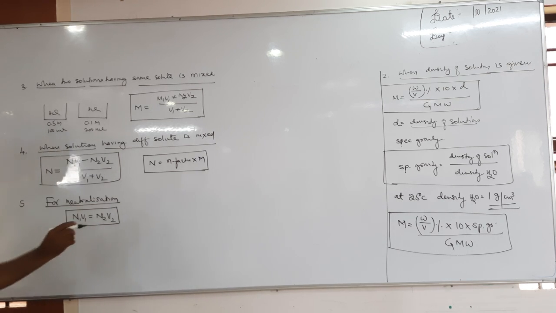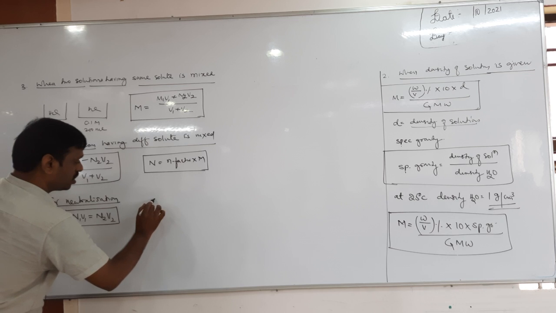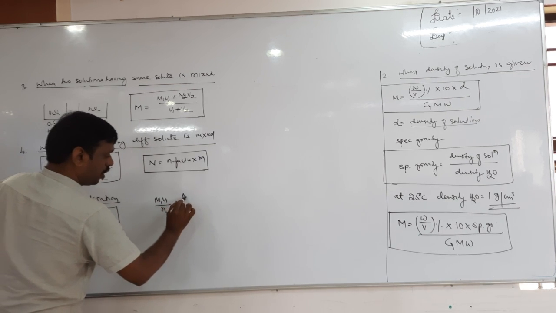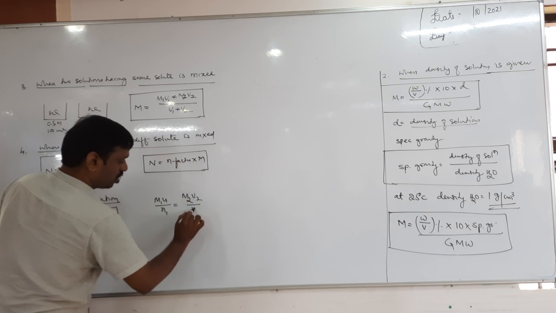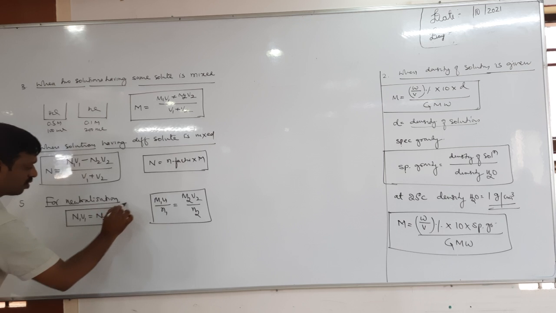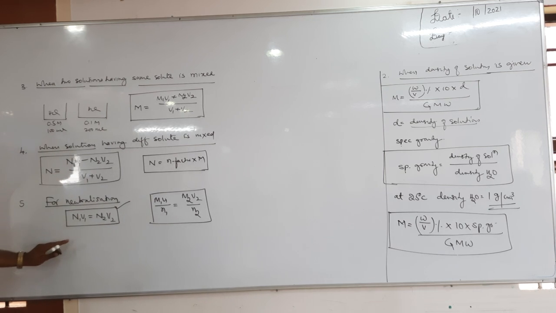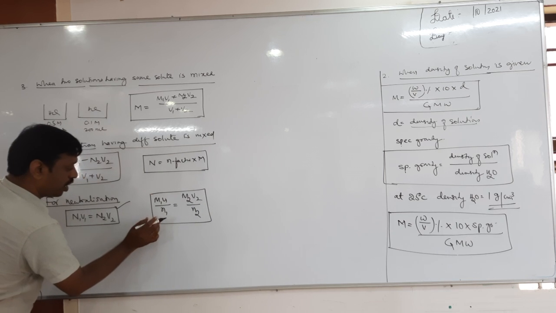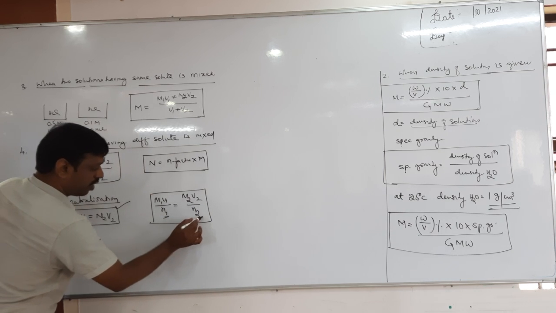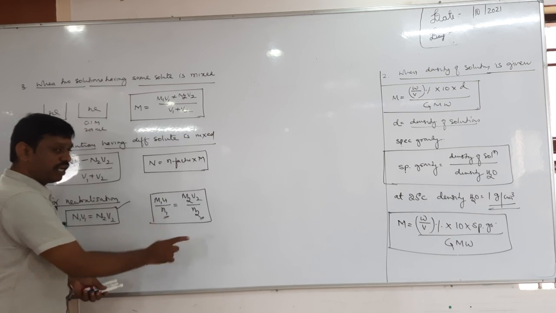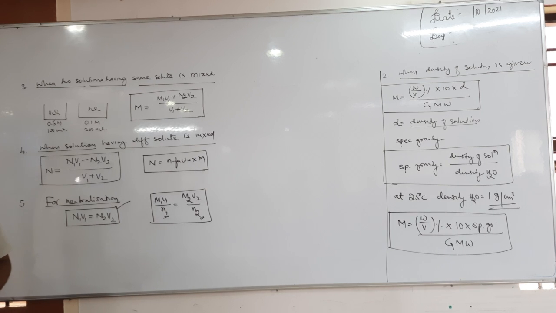But in terms of molarity, that can also be used: M1V1 by n1 equals M2V2 by n2. This formula can also be used, but I always suggest using the normality formula because we will get many applications from it. You can use this also, but here you need to use small n1 and n2, which are the coefficients, not the number of moles. That is what many students get confused about here. Small n1, small n2 are not the number of moles; they are coefficients.